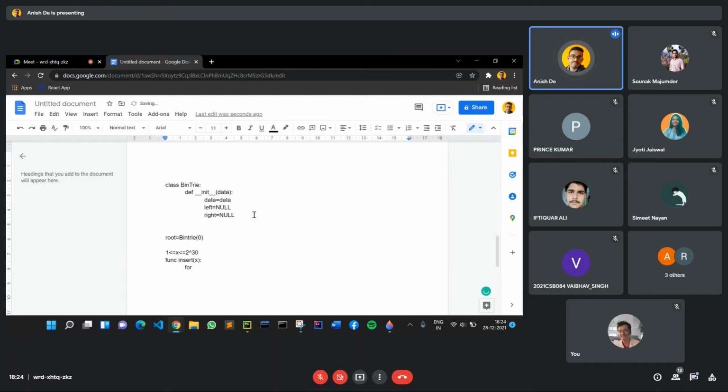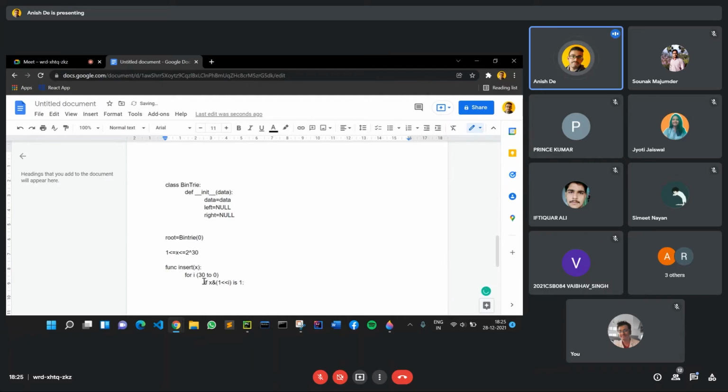This means x will have a maximum of 30 bits. So for i from 30 to 0, we first check whether the ith bit is 1 or 0. For that we check whether x and 1 is 1 or not. If it is 1,